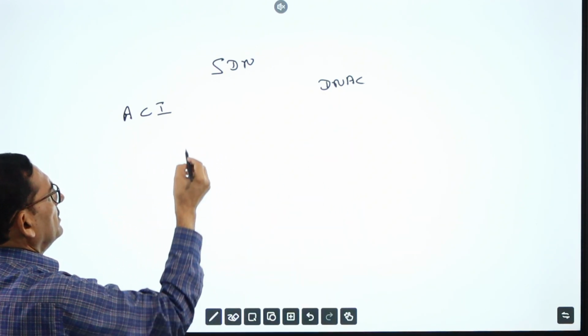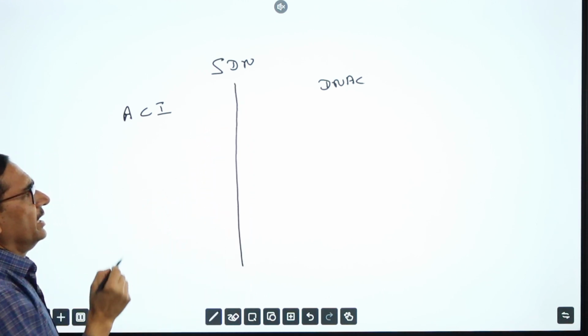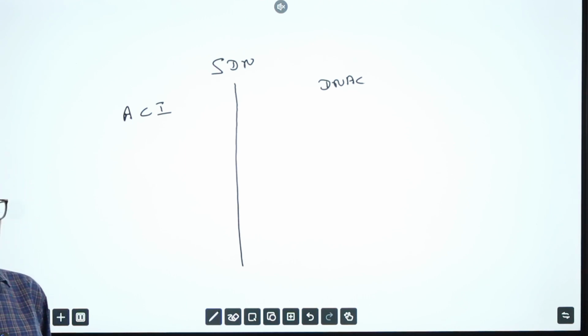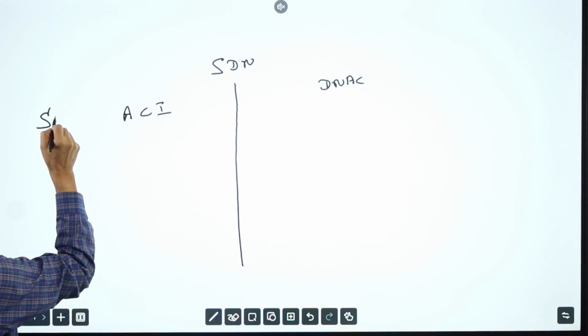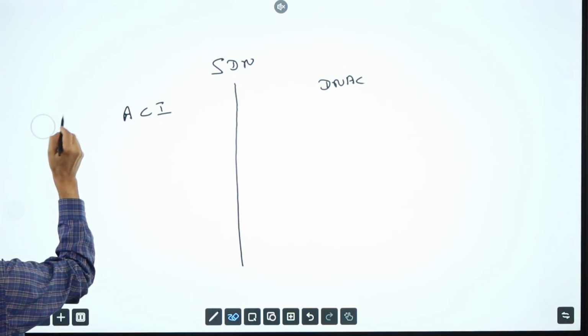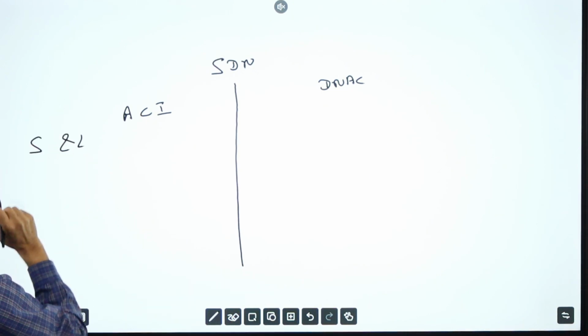So in this section, first we are going to understand ACI. In ACI, we need to remember that we have a fixed and rigid design, that is called spine and leaf architecture.